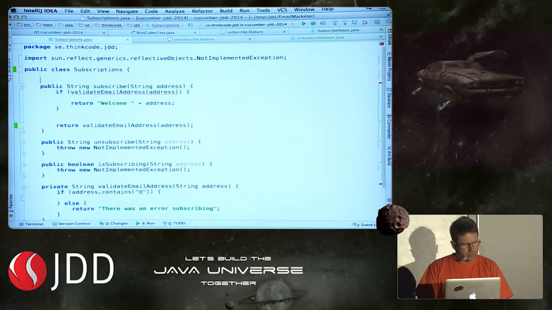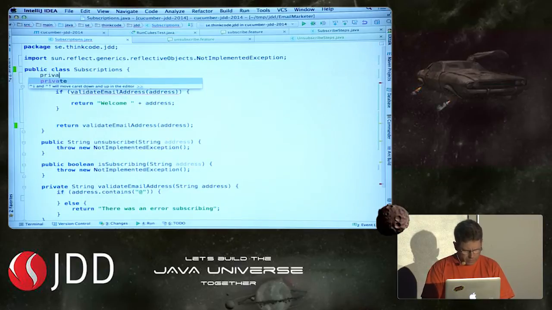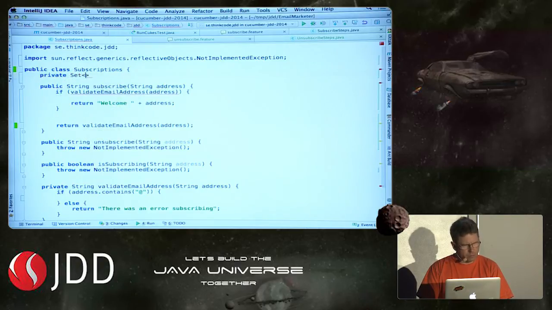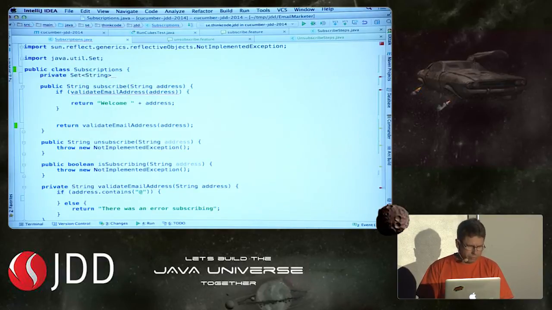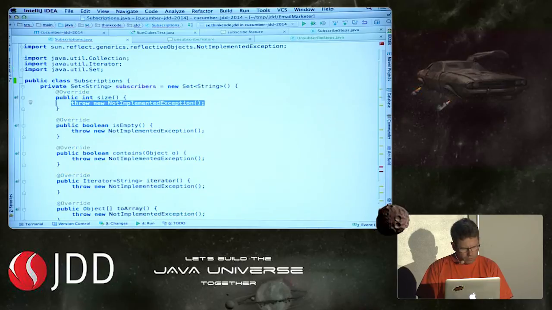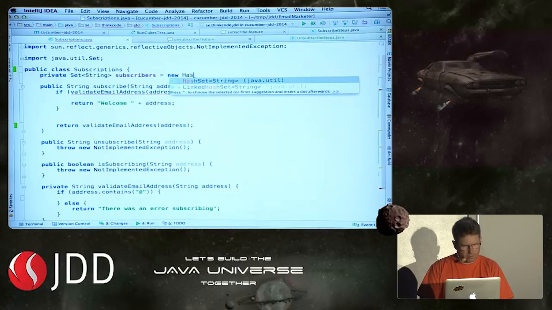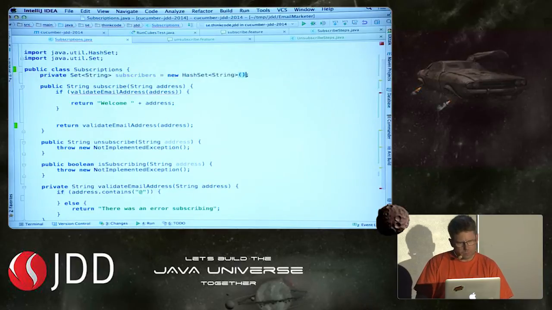And let's store this. Email address should be unique, so let's store it in the private set that contains strings at the moment, that I call subscribers. And let's start with creating this one like that. Oh, whoa, whoa. Not this, not like that. Let's use a hash set. Something like that. Okay. If that one is true, then